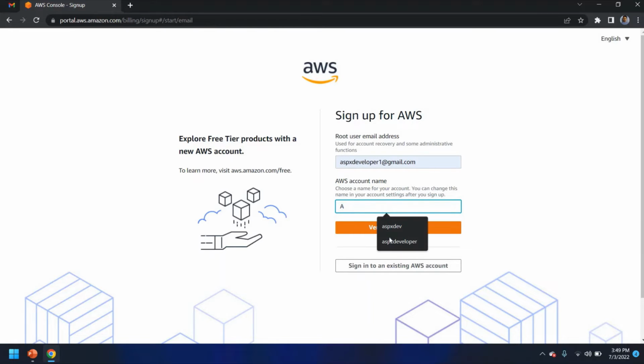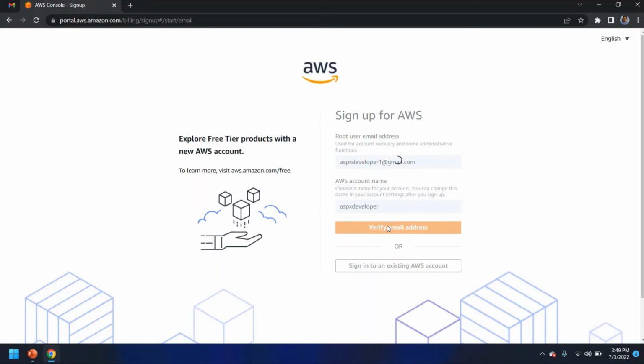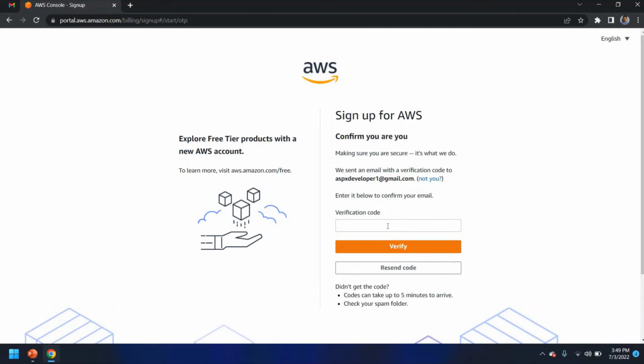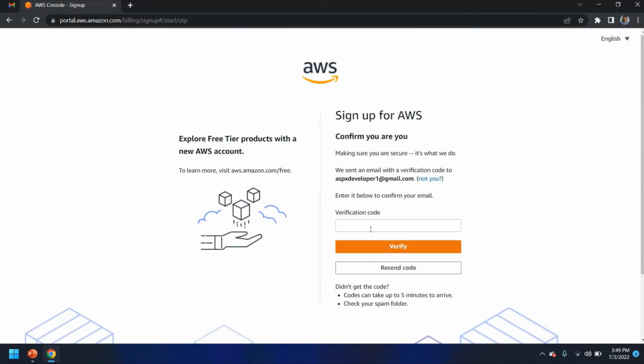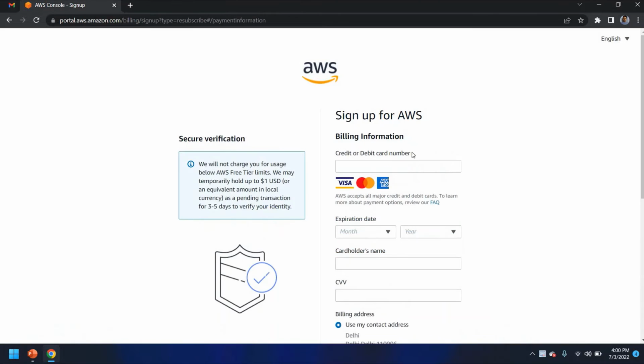where you can enter your email ID and an AWS account name. So for demonstration purposes, I use ASPX developer. When you click on it, you will get a verification code on your Gmail. 1355350. So once you input the verification code and click on verify, it will redirect you to the sign up for